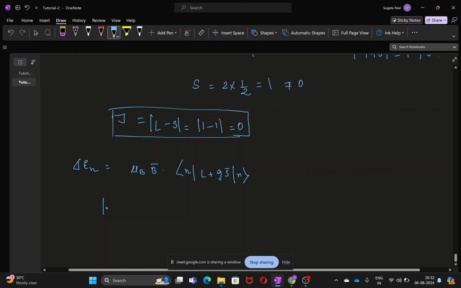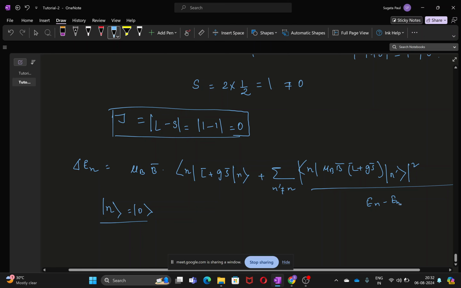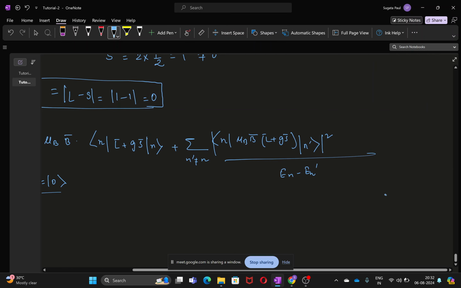In this case only the ground state is occupied, so your n is basically your ground state denoted by 0. And the second term was the sum over n prime not equal to n of mu B L plus gs n prime, this whole thing mod squared, divided by En minus En prime,